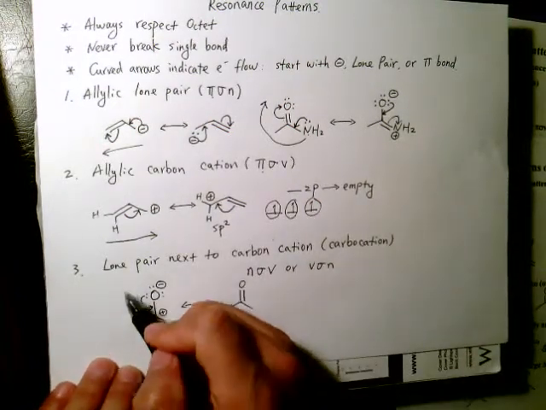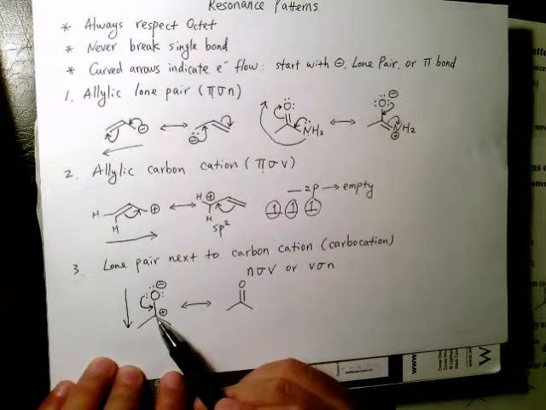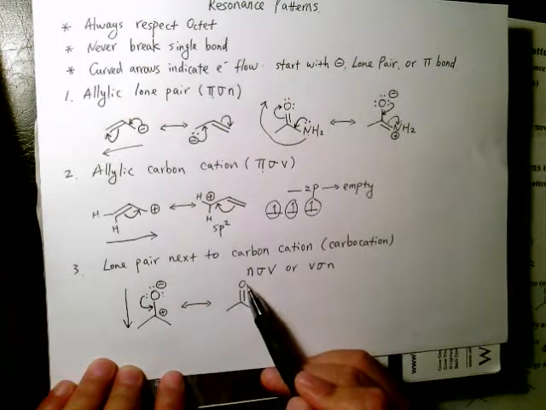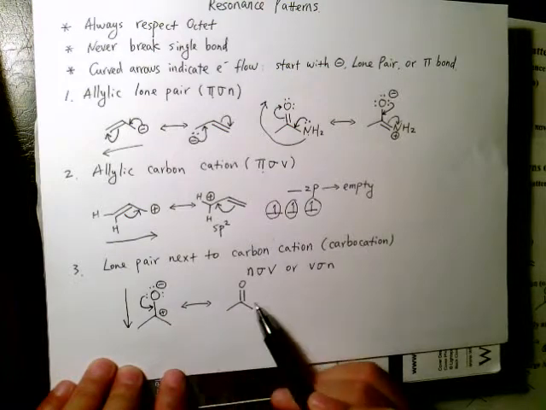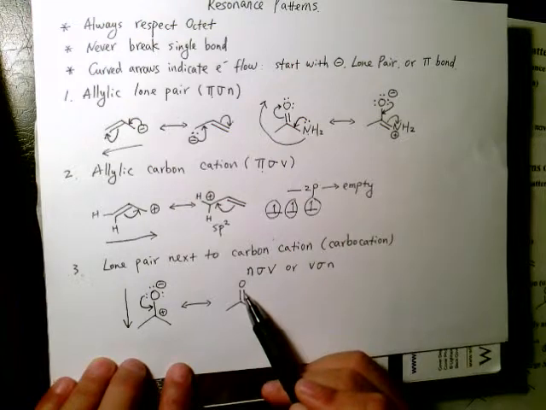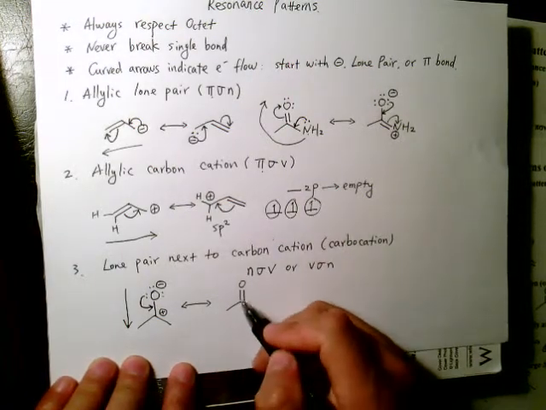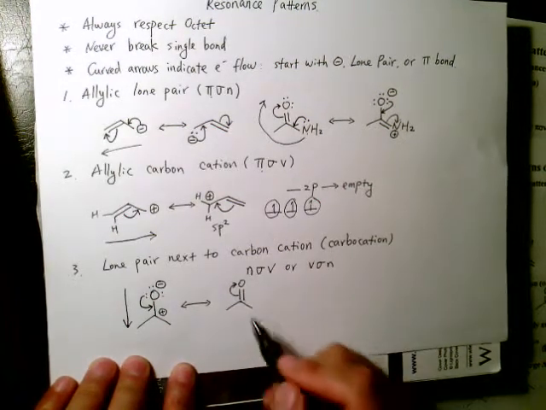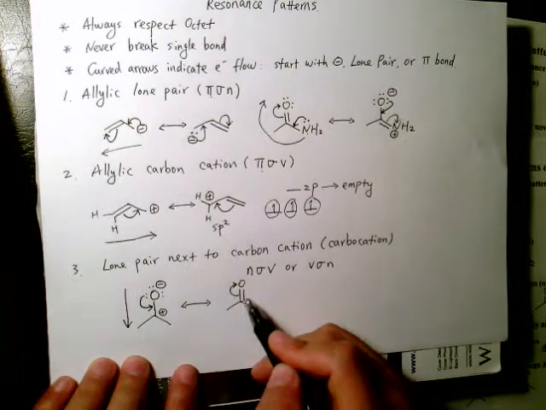So this one basically indicates the electron is flowing from oxygen to carbon. So after oxygen loses electron, it becomes neutral. After carbon with a positive charge gains electron, it becomes neutral again. So of course this one can go reversed, and we can go completely reversed, and we are going to go from the pi bond back to oxygen as a lone pair,